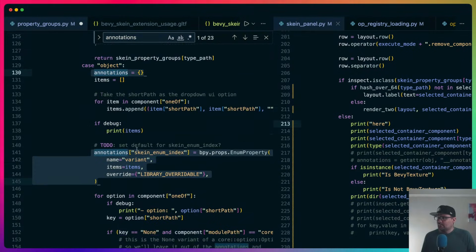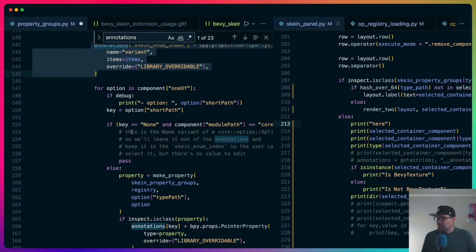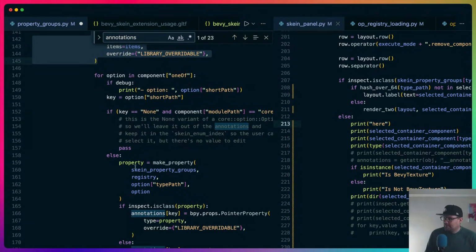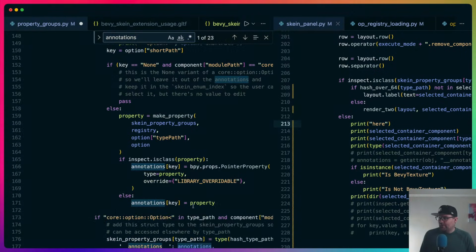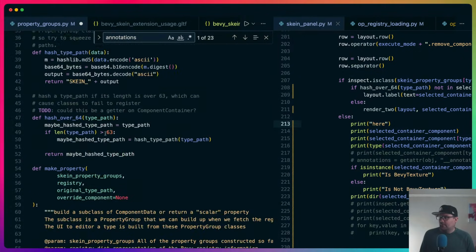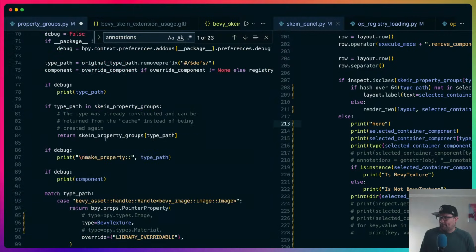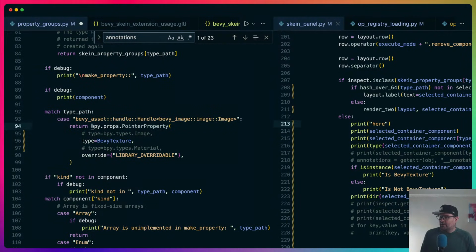And the way we do it for an object is by setting the key values to those pointer properties or setting them to the properties. So if I go back to Bevy texture and I construct this dynamically,